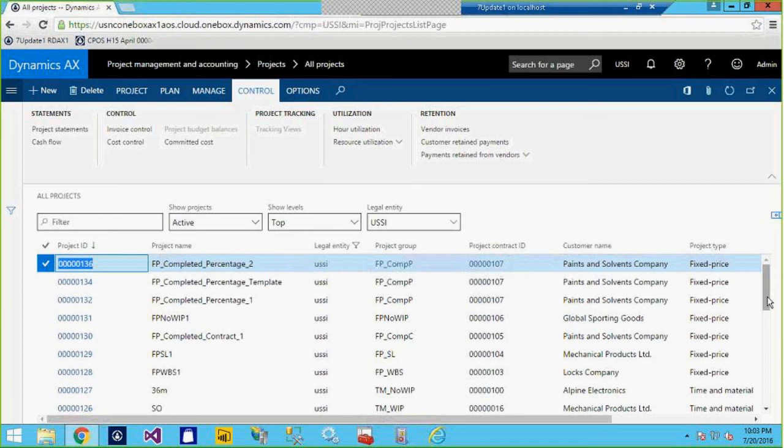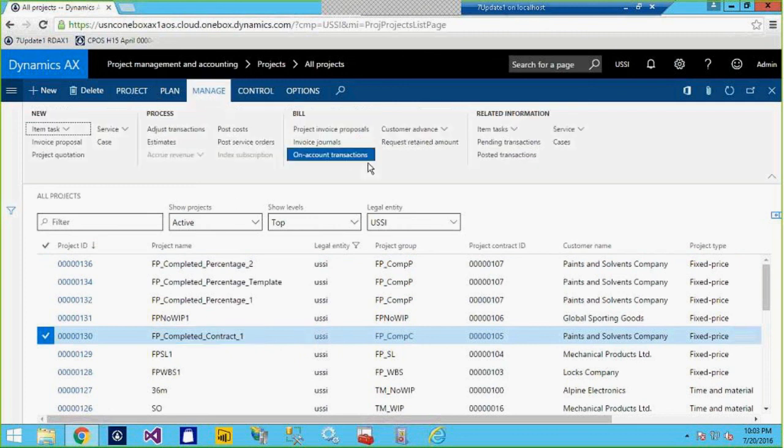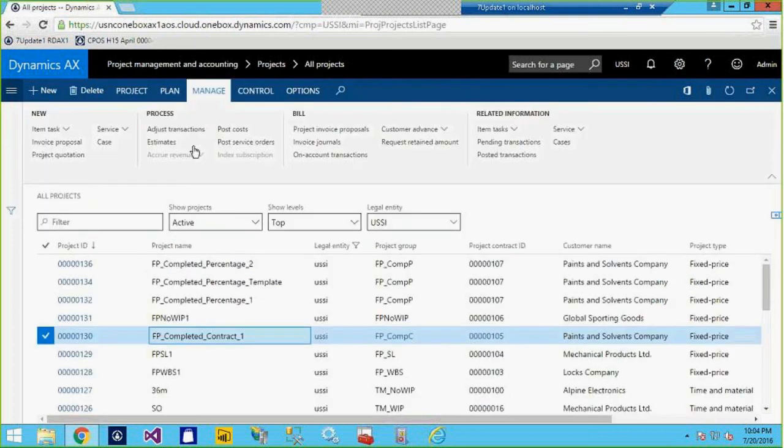I do want to explain and quickly run through. We'll not run post transactions, but we'll certainly validate the different posting. So let's look upon the completed contract. So this example uses similar structure. Let me show you the on account transaction. So there are different milestones for different amounts. There is amount for $11,000, $22,000, and $35,000. Everything has been invoiced. And if you look upon the estimate that was posted for it,